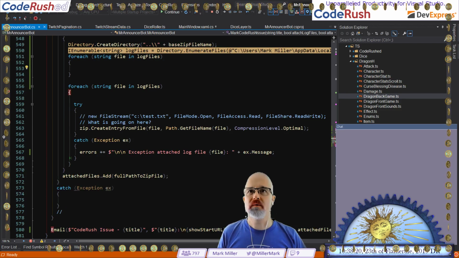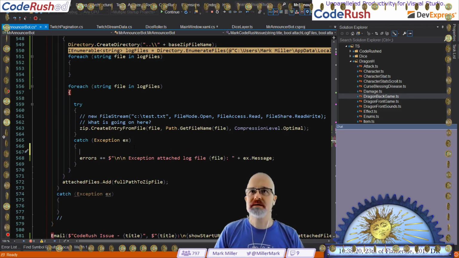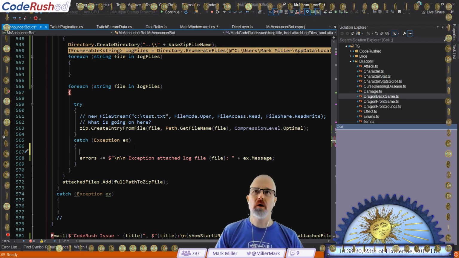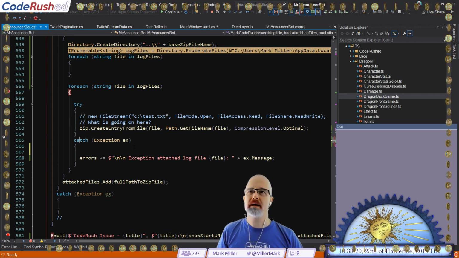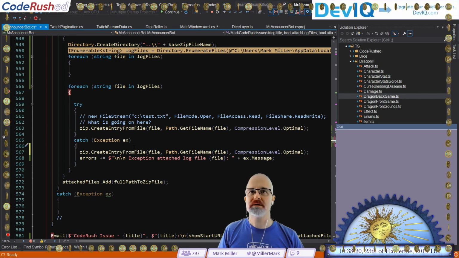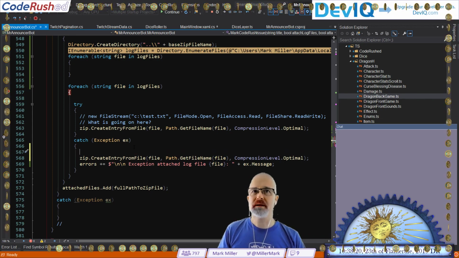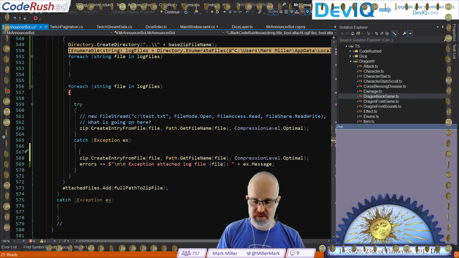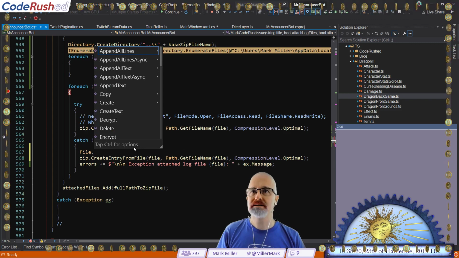All right, so here's my idea though. While we're here, my idea is something along these lines. If we get an exception, only on the exception, because we're really only getting it on the one, this is a very specific known problem. So at this point, this is the file I want to log. I want to create a copy of this, and I want to say, was it File.Copy,